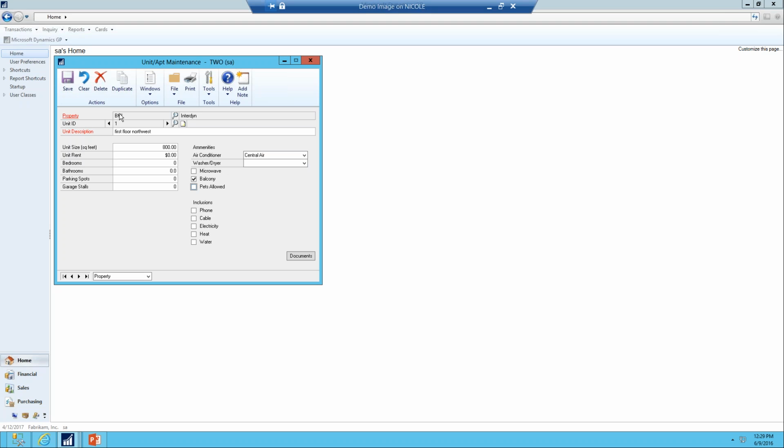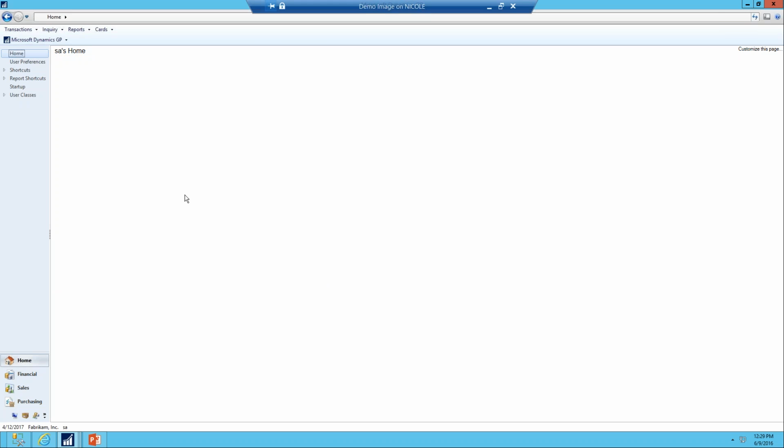Okay, so this actually has, instead of being a free-form key like we entered on our property maintenance window, this was actually a lookup back to that property maintenance form, and then had a secondary, kind of like the customer address did, where I had the customer and then the address ID. So we can do that as well with our keys. The third type of format we have for keys is going to be on our next one, where we have